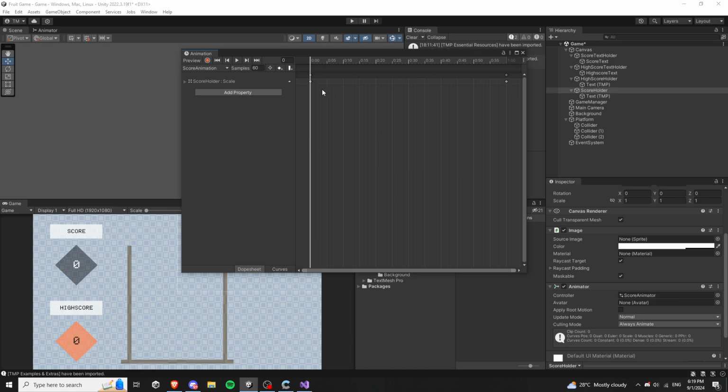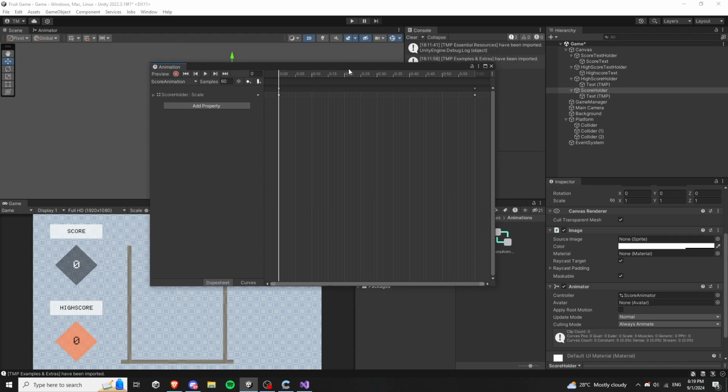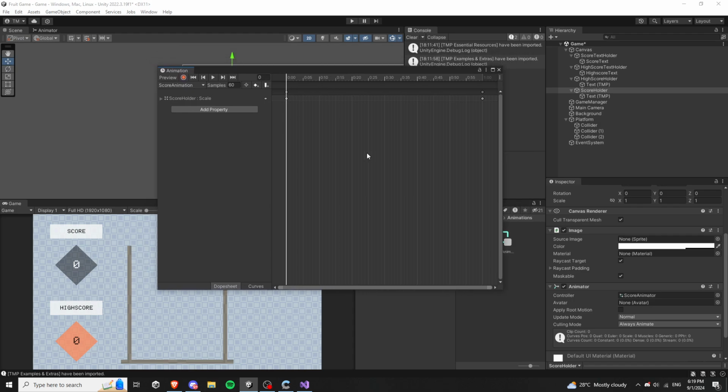And there are two ways to make 2D animations and animations in general. One is in 2D you have the sprites of the animations and you add them here, but to animate this button we'll select a property which is scale, which means the size of that UI,